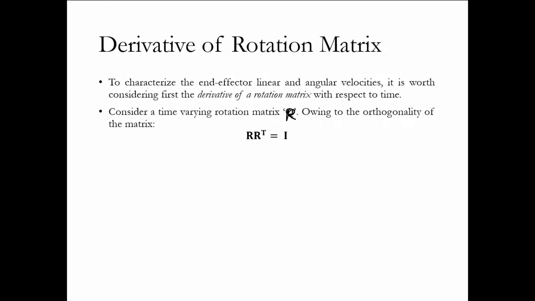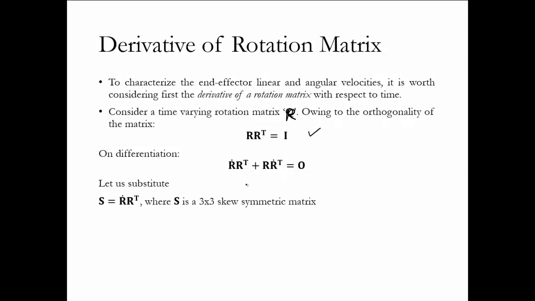So because we have the orthogonality, this relation holds true, that R R transpose is equal to the identity matrix, that you can verify also, we have seen earlier. Now on differentiating this equation, we have R dot R transpose plus R R dot transpose is equal to 0, because differentiation here would lead to 0, and this is by the UV rule of the differentiation.